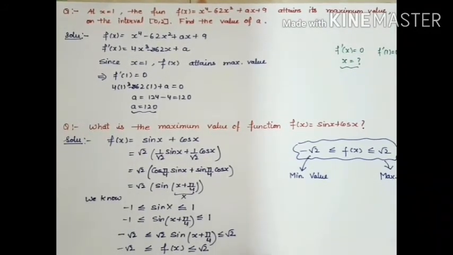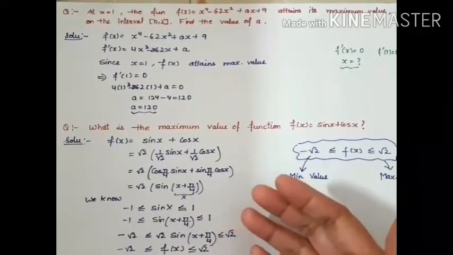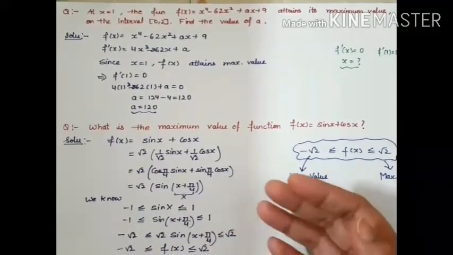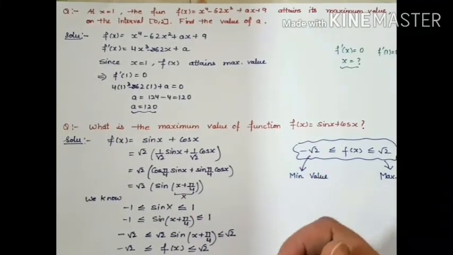So what we have seen so far is that at times, just by observation, we can tell what is going to be the maximum or minimum value of the function. Or if it is a closed interval, we don't need to apply the tests. By simply taking the critical points and the extreme values, we can find the maximum or minimum value if the function is defined on a closed interval, right?